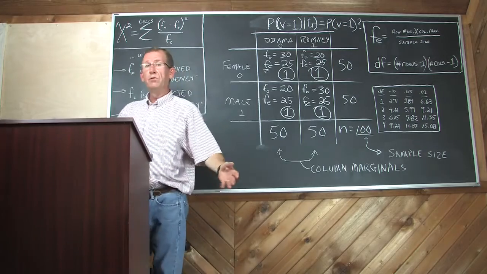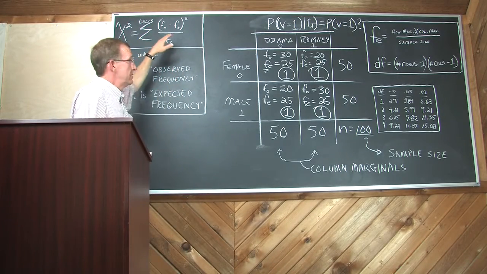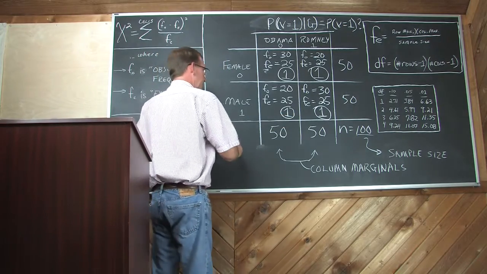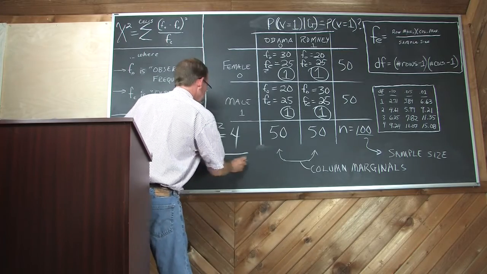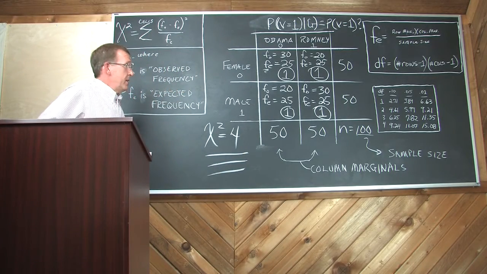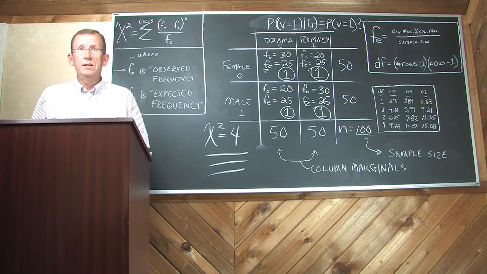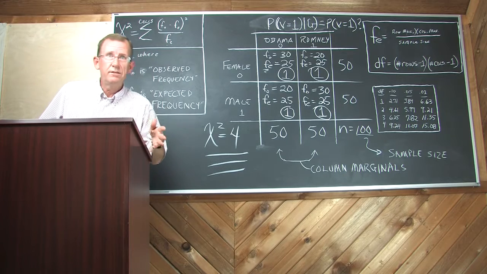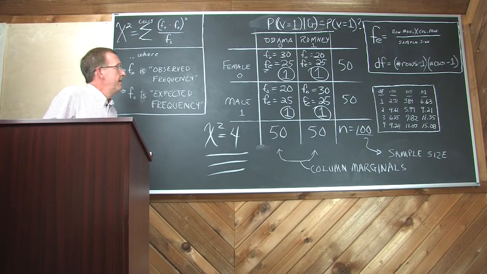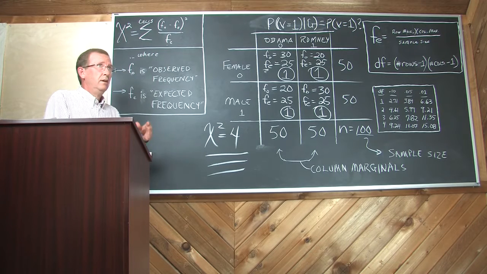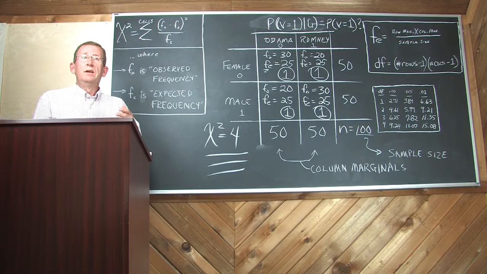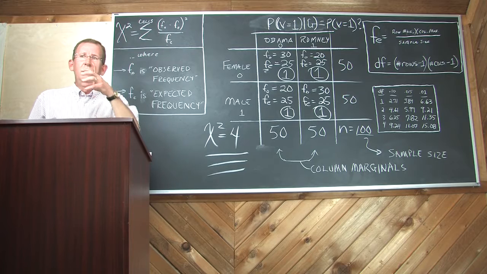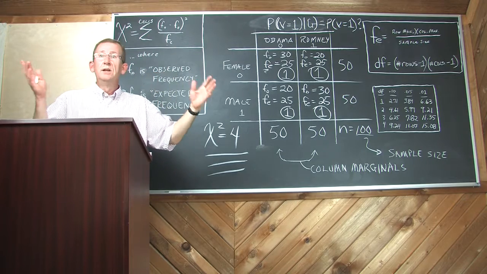And chi-square for the table is simply summing across the cells. So 1 plus 1 plus 1 plus 1, chi-square equals 4. Now what that means, it comes with a p-value. We've seen that before. P-value that will sort of correspond to the confidence or uncertainty, as we talked about, that you have about this result, generalizing what appears to be a gender gap, suggesting that these two variables are not independent. And we want to know how secure that inference is from the sample of 100 people to the whole population,